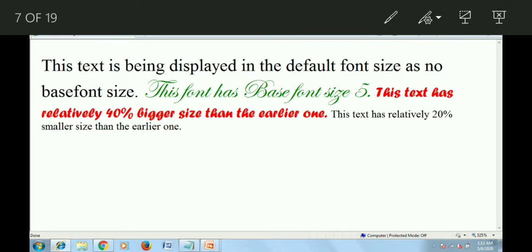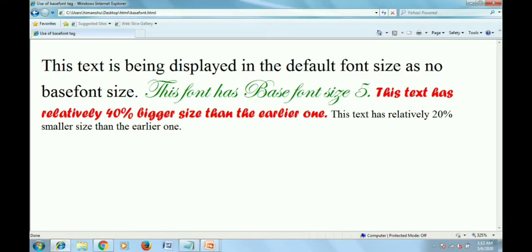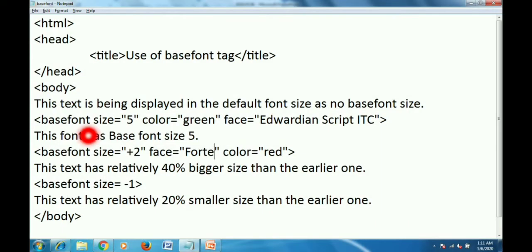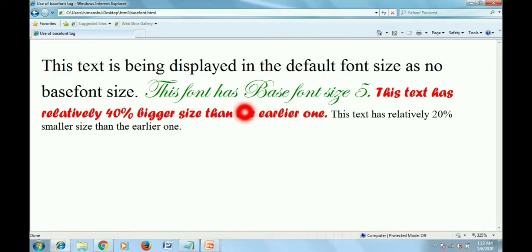Here you can see the output. This is the output in Internet Explorer. First line is here without any formatting. This is the output of the tag which I have used here: base font size 5, color green, and this font family. After that I have written that line.